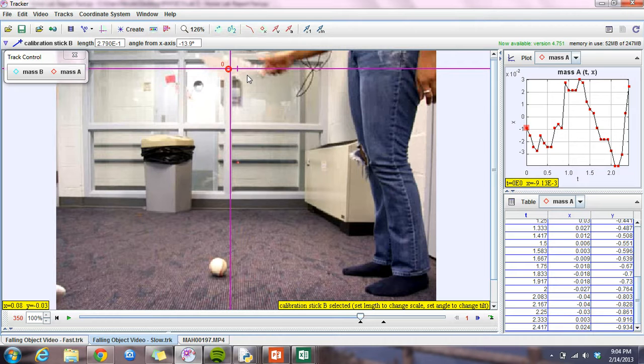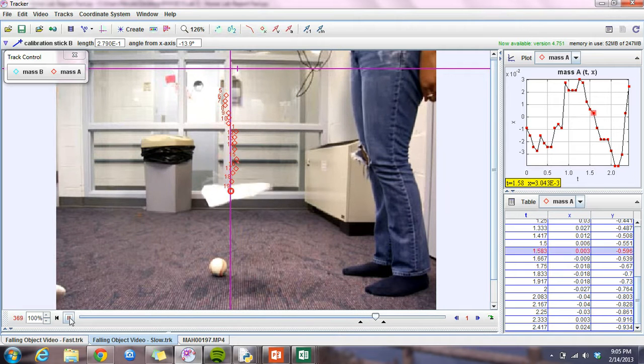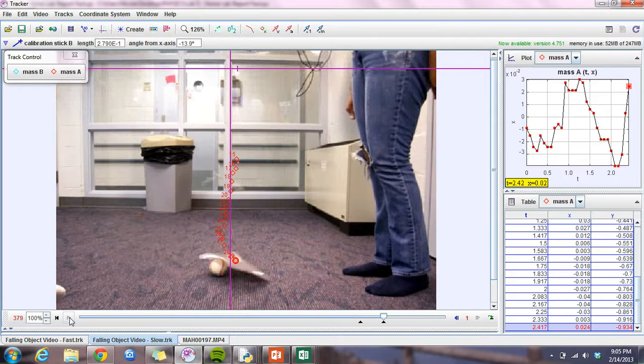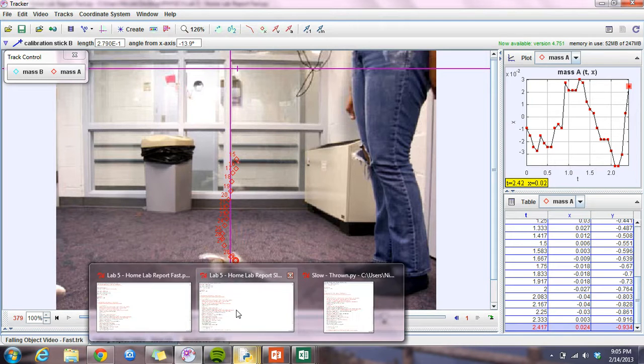The axis is still oriented in the same direction, with the x-axis going this way. The negative y-axis is going this way, so that the position of the paper is graphed in the negative y direction. The duration of this clip lasts about 2.4 seconds. And something I forgot to mention earlier, the frame rate for each video I used was about 12 seconds. So now when we model this in Python,